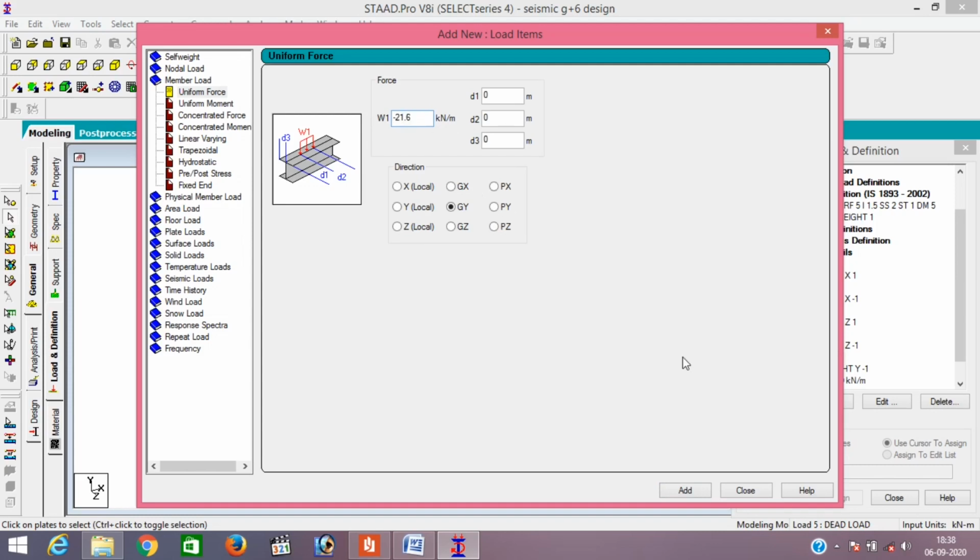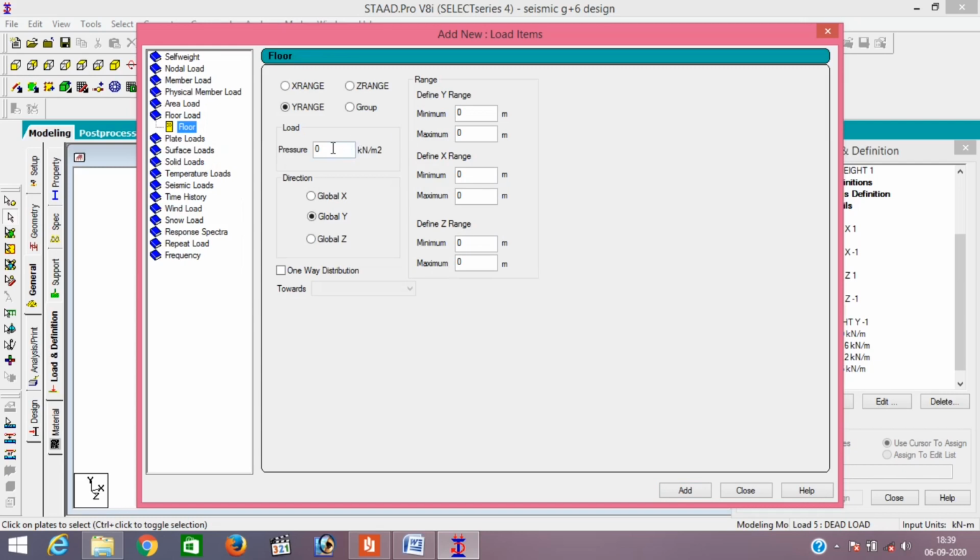For typical floor, wall load is -21.6. For ground floor, it is -17.2. And in the ground floor, in the middle portion, the height is 3.5 meter wall height. Okay. Then